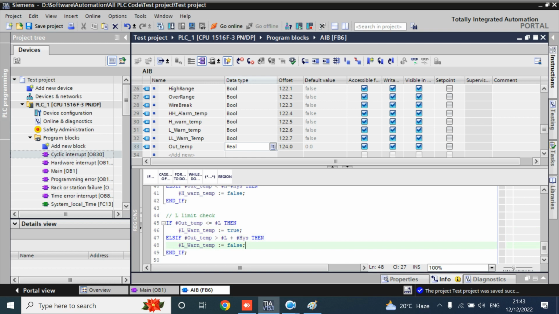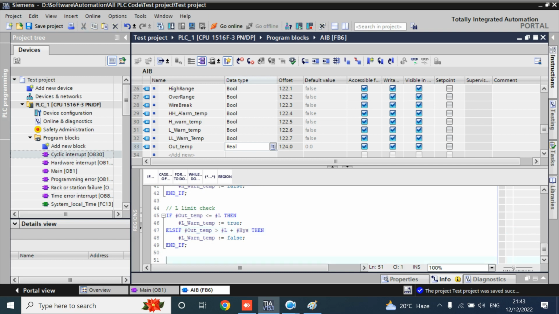Okay, so we have created the alarm, so it is not set. When it is less than L, the low limit, it will set. When it is greater than the low limit plus hysteresis, it will reset. And maybe it will reset without acknowledge. So we want to make this alarm a holding one, without acknowledge it should not reset. So here we will create the